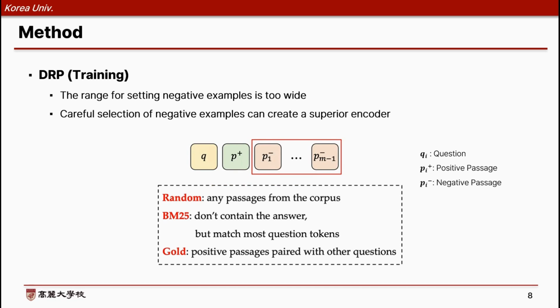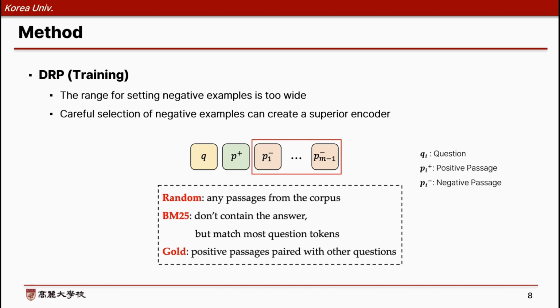At this time, looking at the equation in the previous slide, I have debated about how to set the negative passage for the question. So I will explain positive and negative passages, the first training technique introduced in the paper. The range of selecting a negative example for a question from 21 million Wikipedia documents is too wide. So you can create an encoder that has an excellent, careful choice of negative examples, and there are three ways